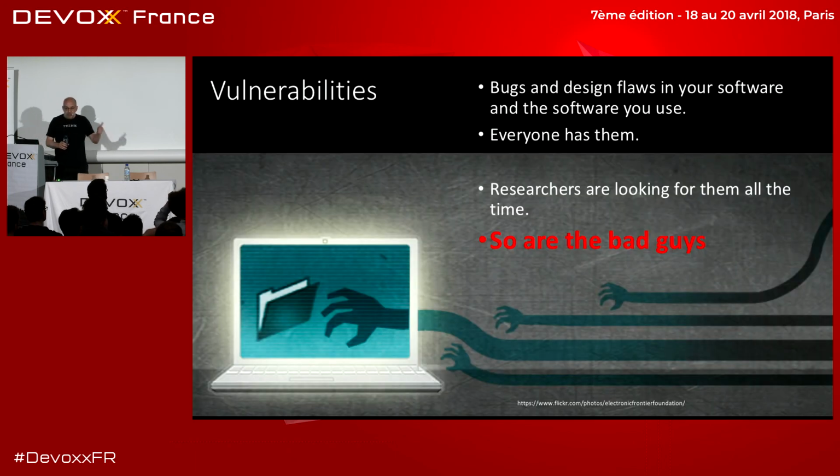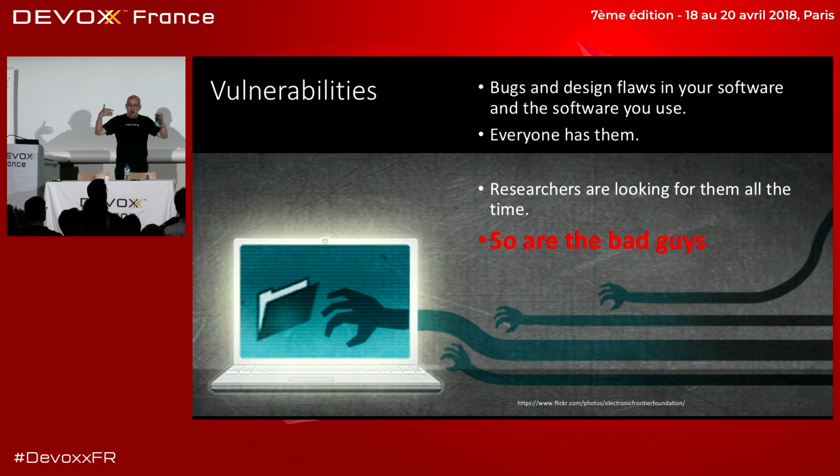Okay? People are looking for this stuff all the time. I cannot emphasize how much of an arms race is going on with the guys who are wearing the white hats and the black hats looking all the time for these vulnerabilities. Scanning code, reading, using their brains differently to look at your API definitions, all the stuff, and going, oh, I think I can see a vulnerability there, right?